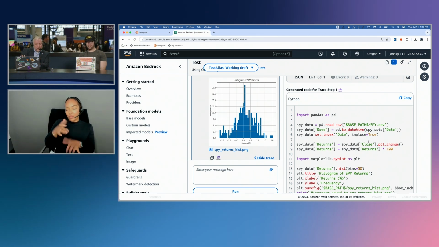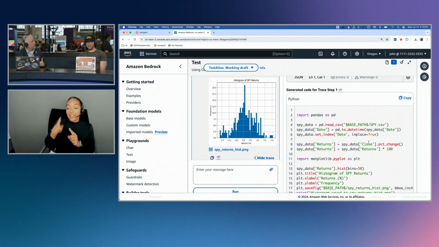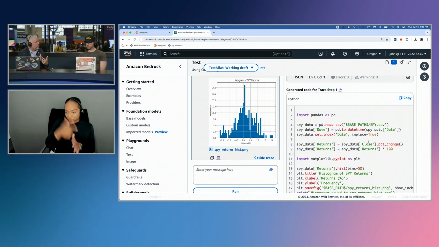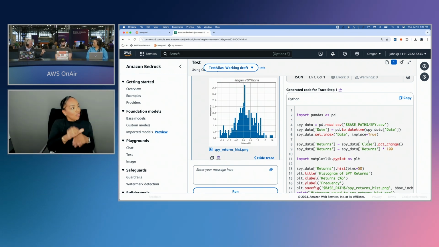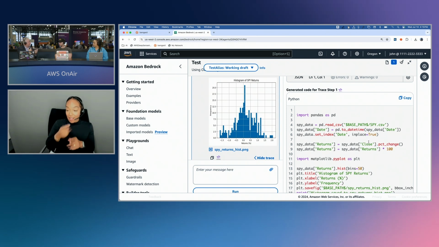But here, notice it knew that. It didn't ask. You get this expert data analyst because someone else has already trained the model. Bingo. You're exactly right. See, that pre-training, it's learned the language, it's seen data like this, so it knows when I'm asking for percentage changes, close to close. That's the most common one to use, right?